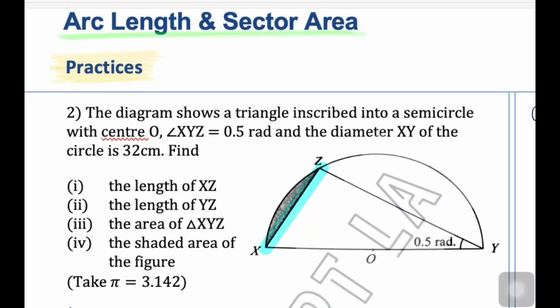They tell you that the diagram shows a triangle in a semicircle. So this is the triangle that they're referring to. Maybe let's keep the highlight on this triangle, and then this is the semicircle, right? So we can see that. And actually over here, straight away, you can